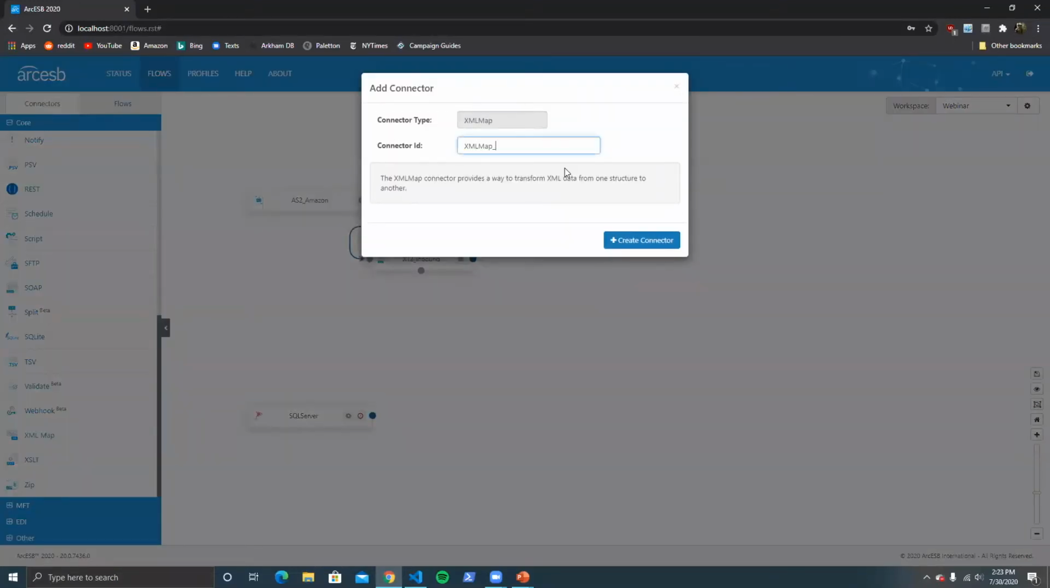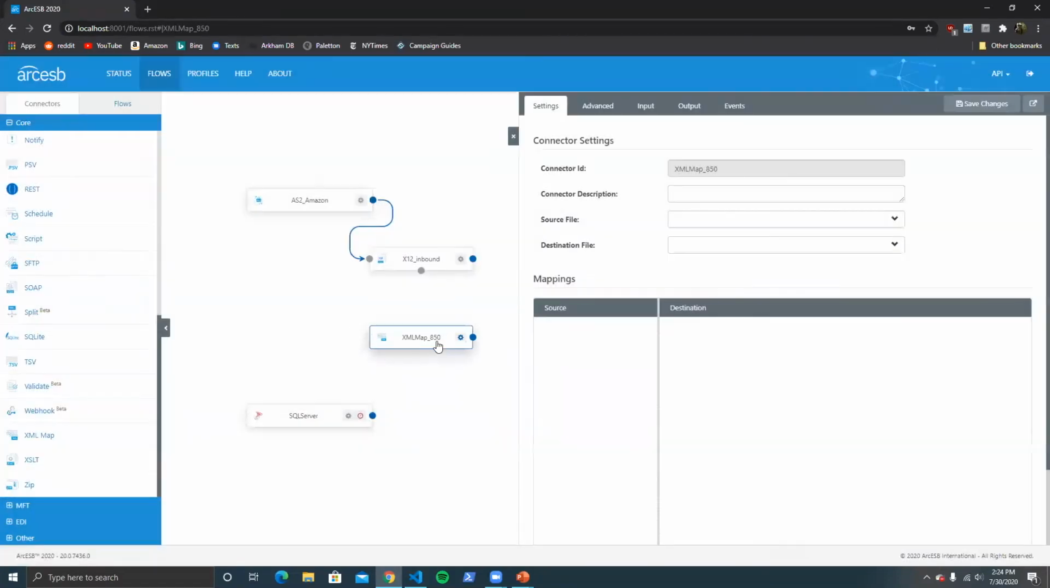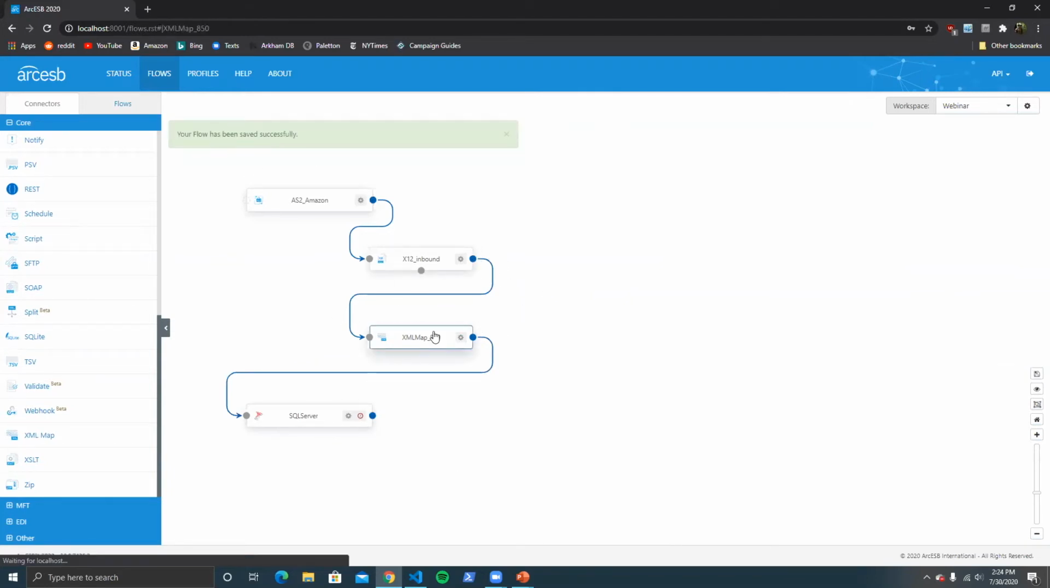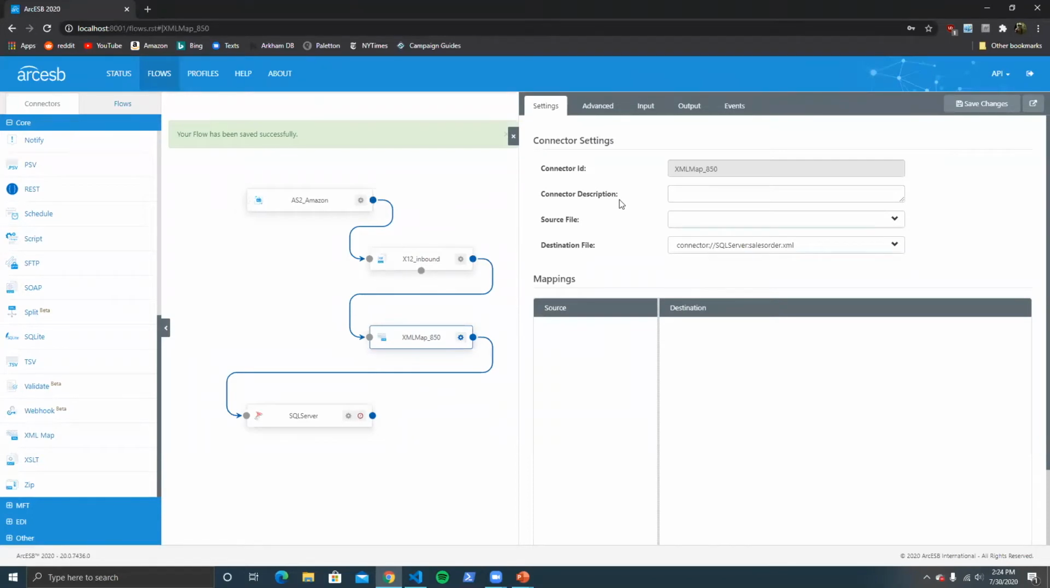All right. And I will name this XML Map 850 to indicate that we are mapping 850 documents into our backend. And I will go ahead and connect this connector to provide this logical data flow, and so that files are automatically passed along through the flow. And I happen to notice here, if I come back to the XML Map connector, that this destination file field